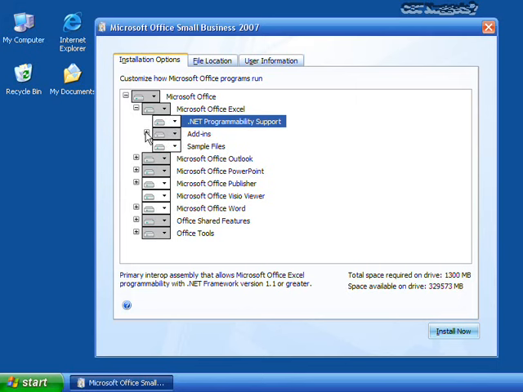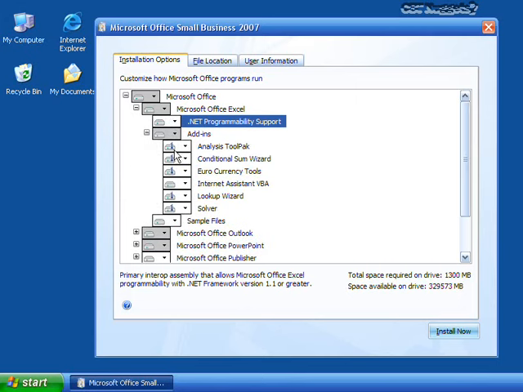If I click on this plus sign here for the add-ins, you'll see all the different add-ins. And you'll see a couple different choices. Number one, you'll see the icon here that has a 1 next to it. What that means is the first time I need to use the Analysis Tool Pack, it will go ahead and